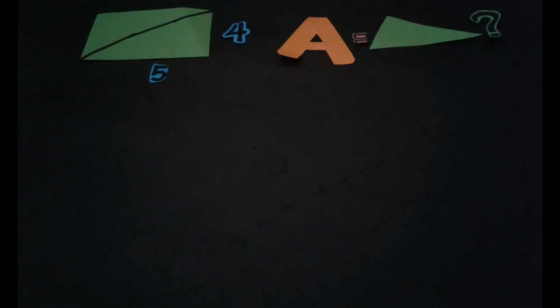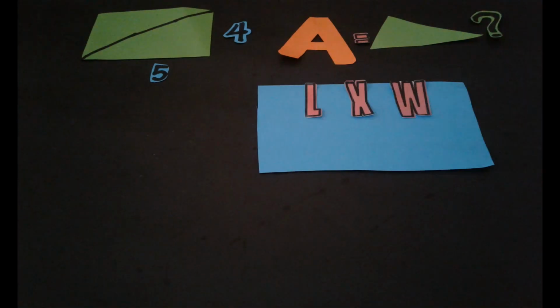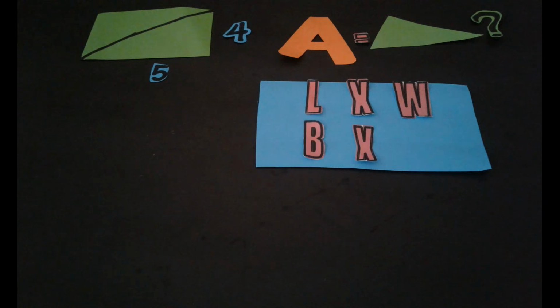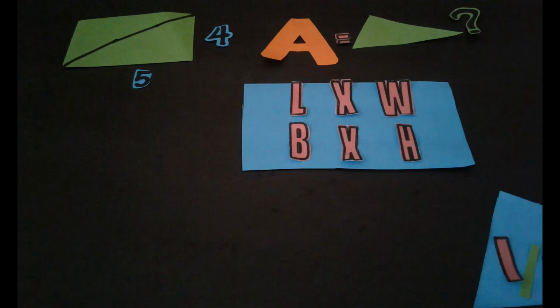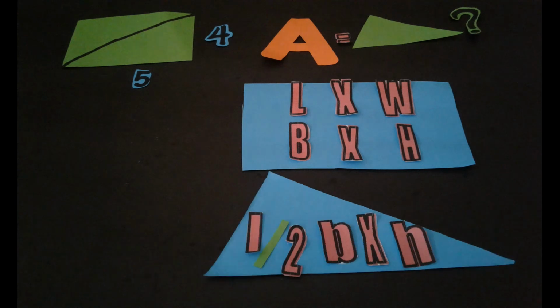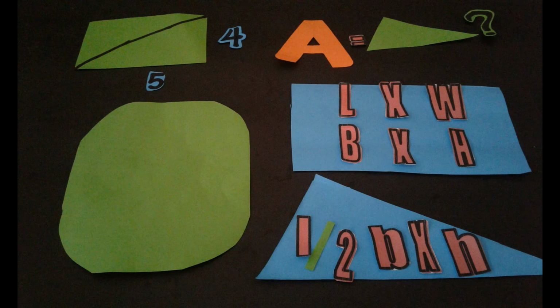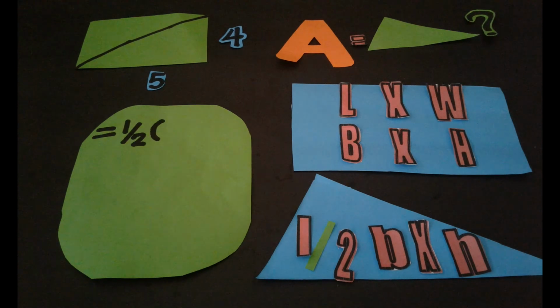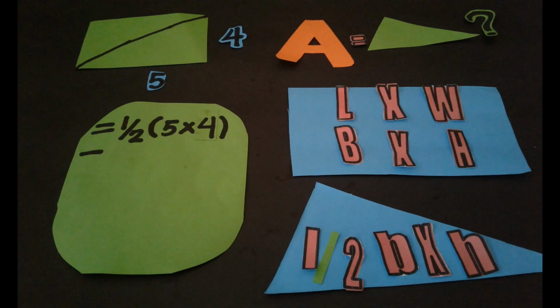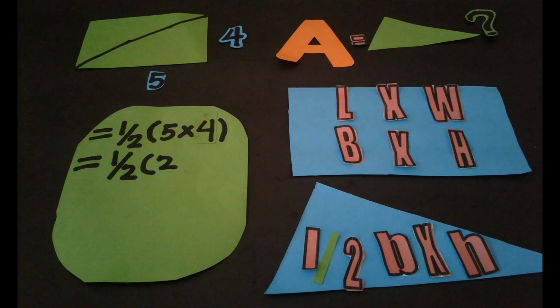So here's an example. We are going to find the area of the triangle cut from the rectangle. Remember the formula of finding the area of the rectangle? It is length times width. We can also consider this as base times height, in which the lower part is the base and the right part is the height. And the formula of finding the area of the triangle is 1/2 base times height. Following the formula, substitute the values of base and height, which is 1/2 times quantity 5 times 4,